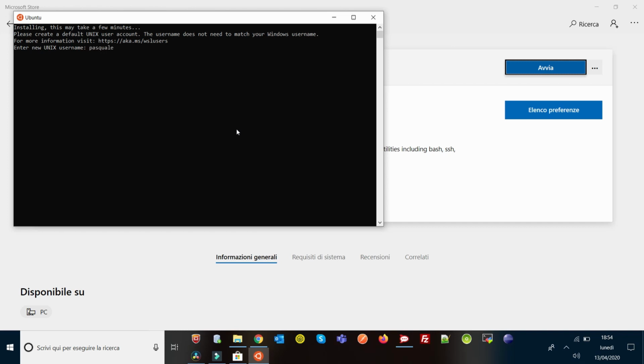And as password I put the same so I don't forget. We have to re-enter the same password to verify you don't have misspelled the first time. Here we are.